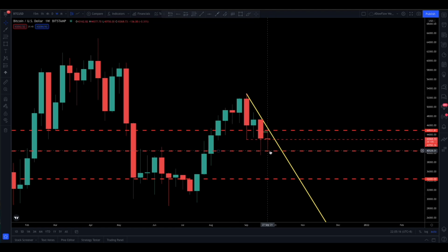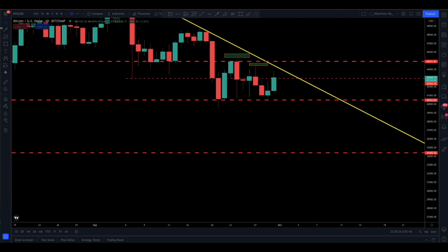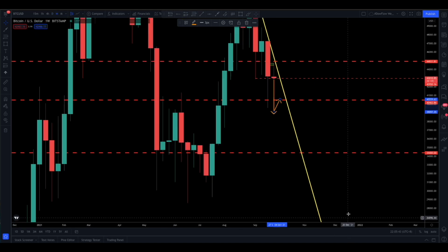Then you need to see a clean break of this level at 40,462 in order to go short. So what you could potentially do is wait for it to break on the weekly time frame first. Once you see it's broken, make sure that this level right here is broken as well, and then wait for a retracement back here on the daily time frame, and then look for a candlestick pattern to go short towards the next level, which is over here,